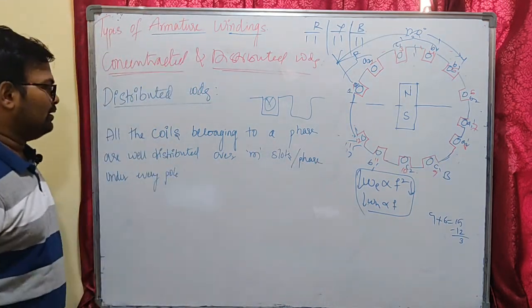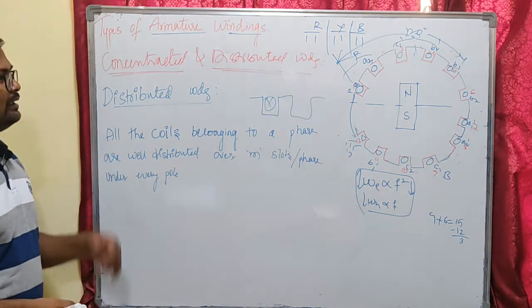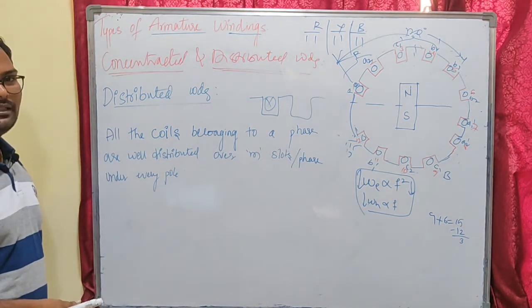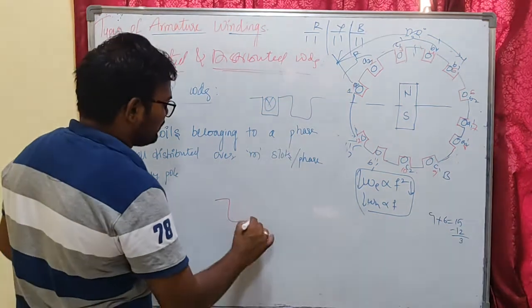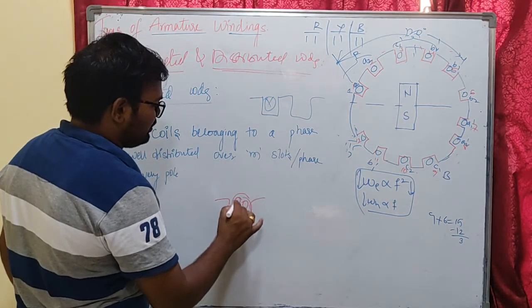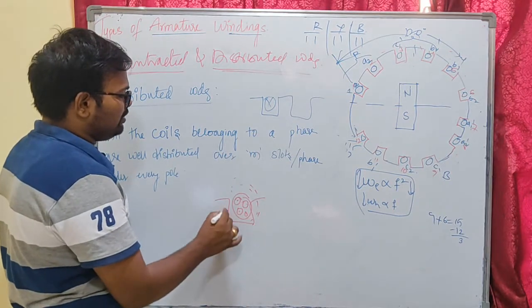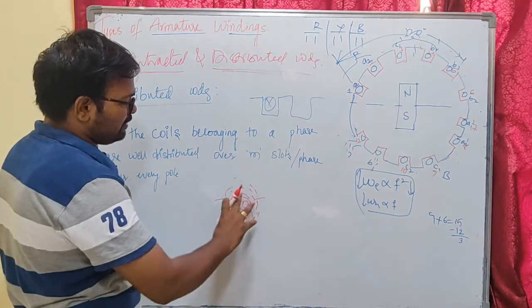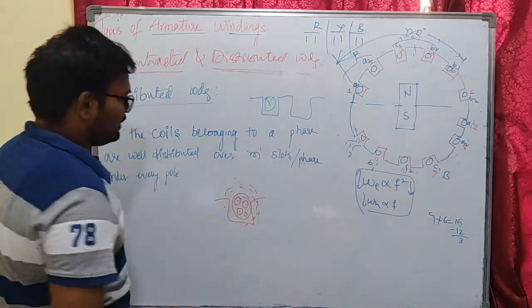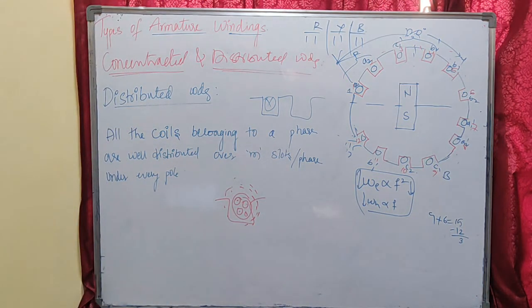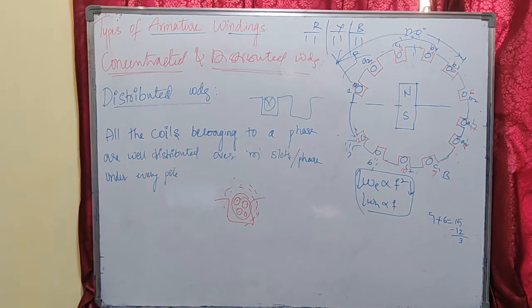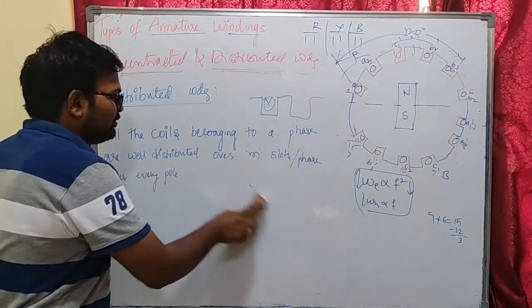So the distributed winding is preferred compared to concentrated winding because in the concentrated winding we are going to place all the windings in one slot. When the current passes through these windings, a huge amount of heat will be generated. Because they are clubbed together, the heat dissipation is very poor. That's why distributed winding is preferred, nearly sinusoidal. The distributed winding makes the waveform of the induced EMF more sinusoidal in nature, while in the concentrated winding, the heat dissipation is very poor.